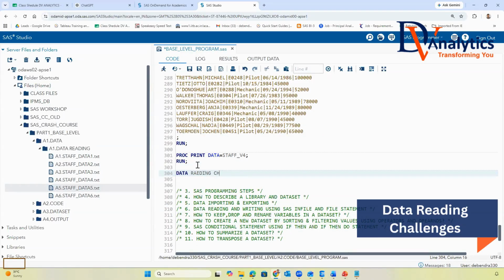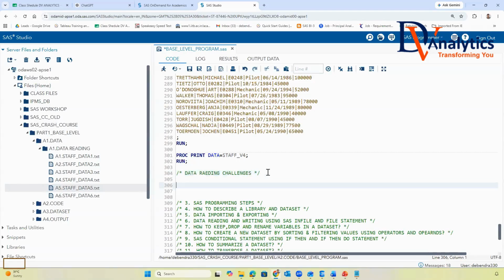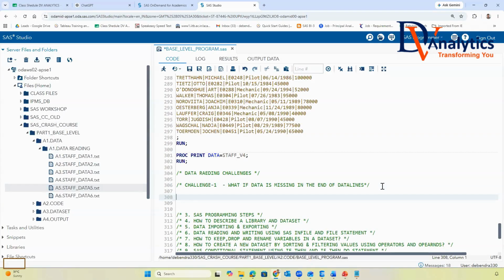Challenge 1 says: what if data is missing at the end of the data lines? At the end of the data line, not each. What does it mean? If data is missing at the end of the data line, what does it mean?